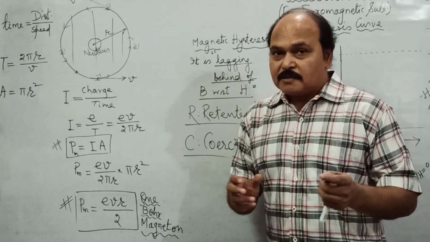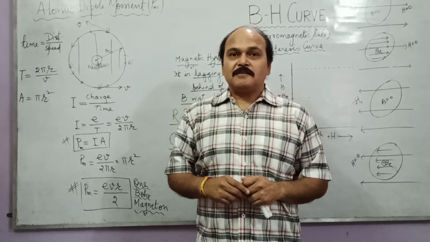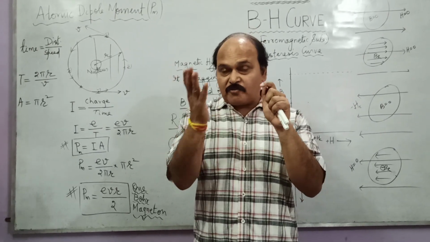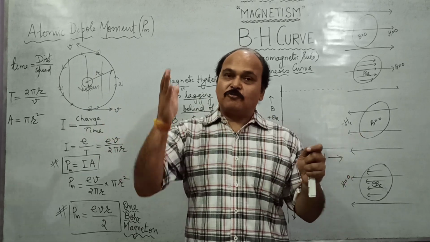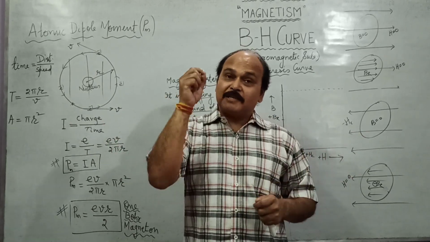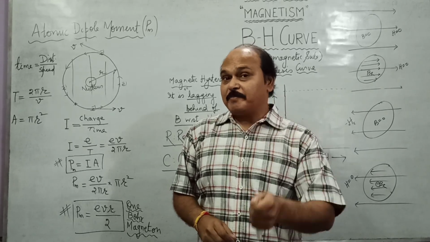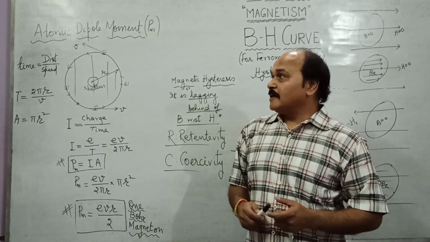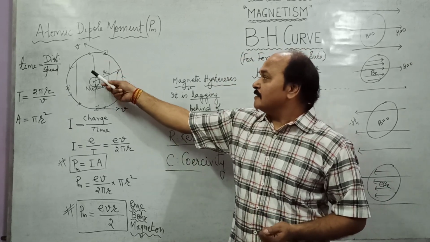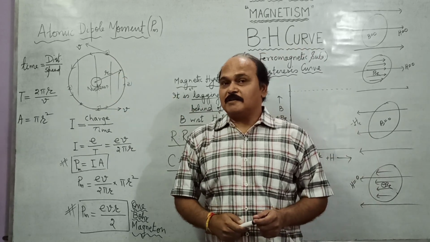Well, we know that magnetic monopoles do not exist. If we try to separate north from south in a bar magnet, we would never succeed. If we go on breaking down a magnet, even the tiniest particle would behave like a magnet. And the atomic magnet, the tiniest of the tiniest particle which behaves like a magnet, is nothing but the magnet because of an electron revolving around the nucleus.